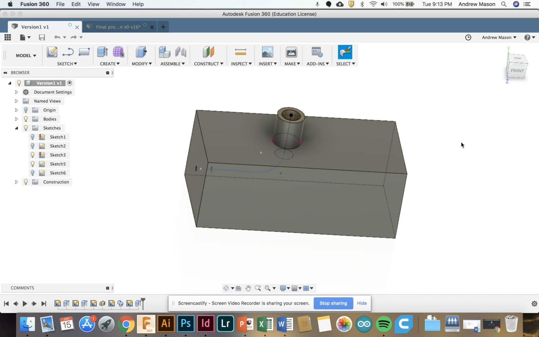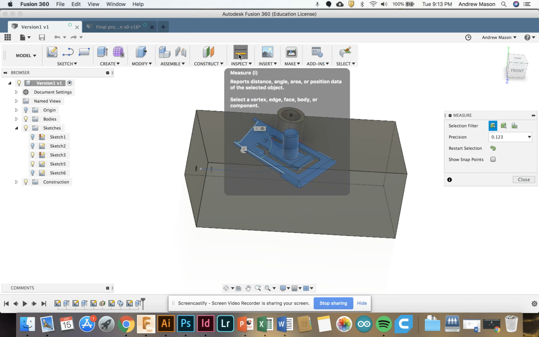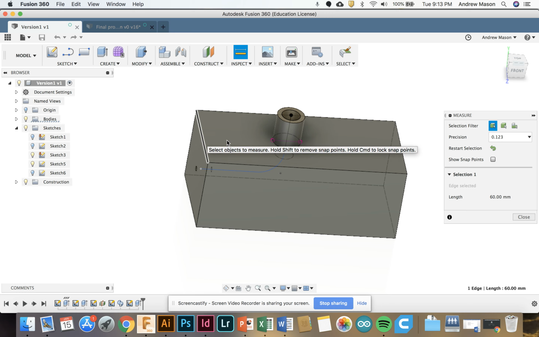But I've not looked at this design in a few days, and I just want to refamiliarize myself with the dimensions. This is something you'll probably also find yourself doing, and the inspect tool is useful for that because you can just click inspect, you can click on an edge, and here it will tell you the size, which is 60